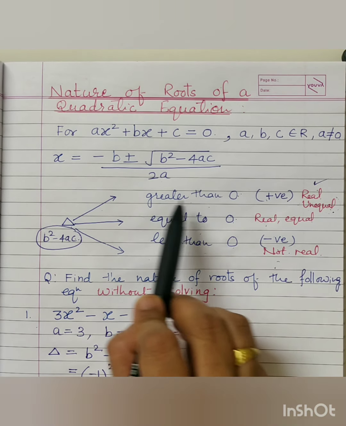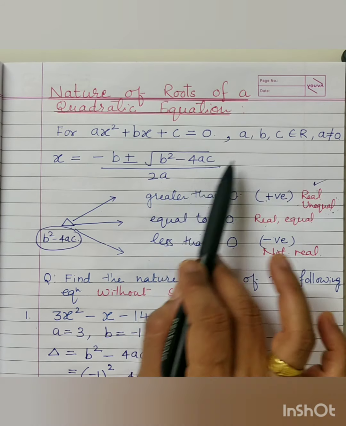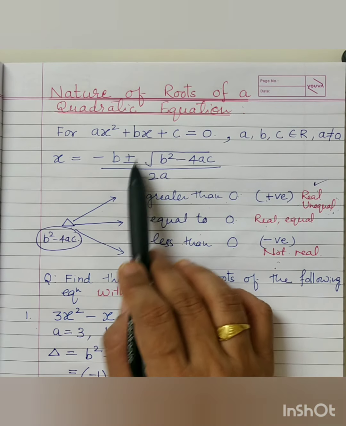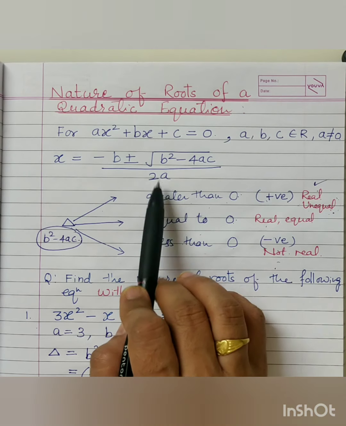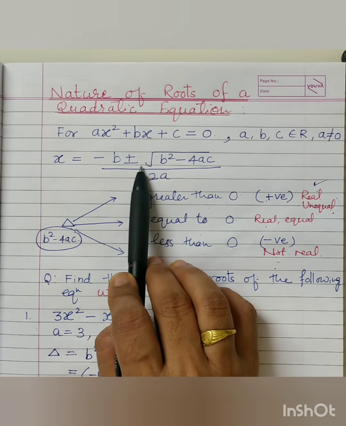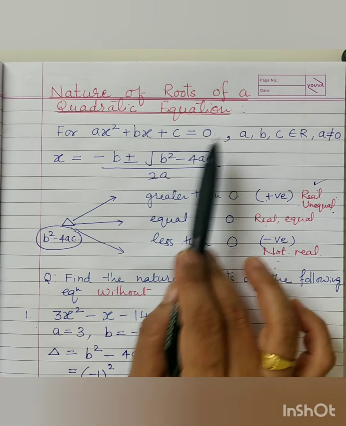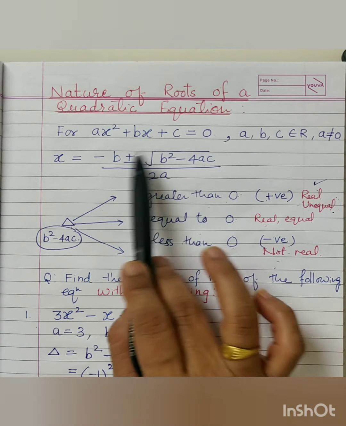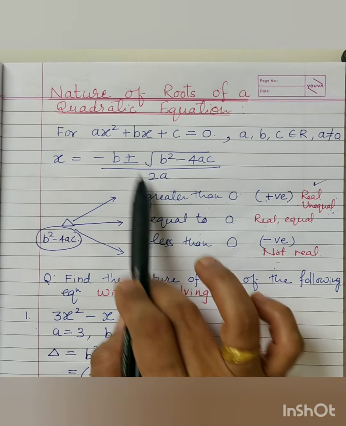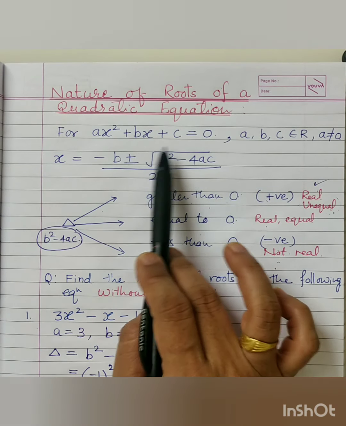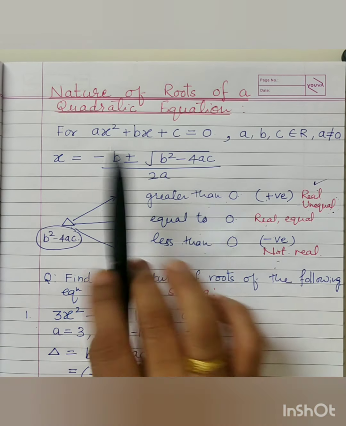Second case, the number which is greater than 0 is not a perfect square. For example, the number is 5. Then you cannot find the value of root 5. So you will write minus b plus root 5 upon 2a and minus b minus root 5 upon 2a. These values will also change accordingly. So in that case again addition and subtraction will give you how many roots? Two unequal roots. And the presence of that non-perfect square number inside the radical sign, which will be a surd, will give you two roots which are irrational.